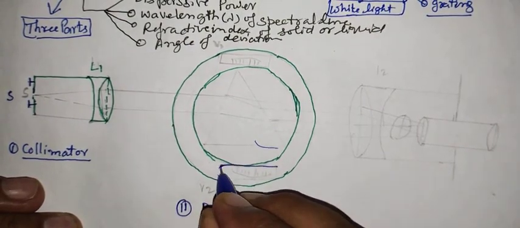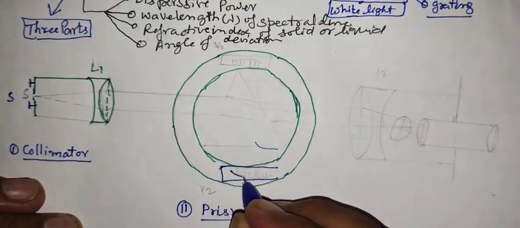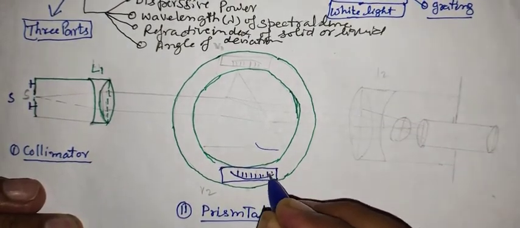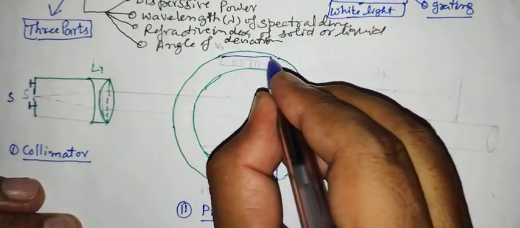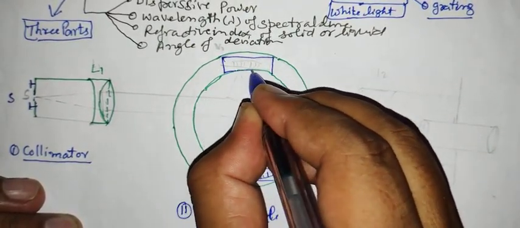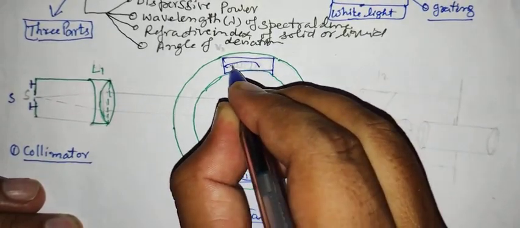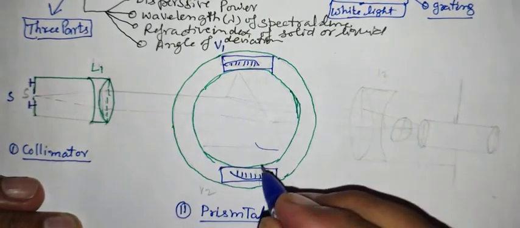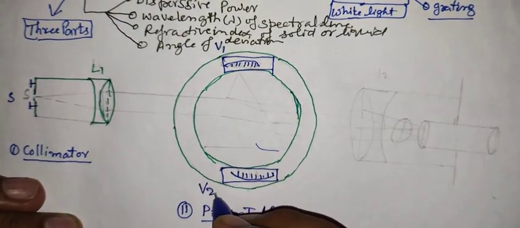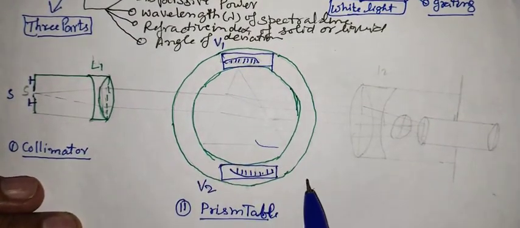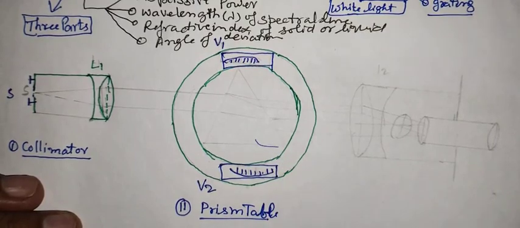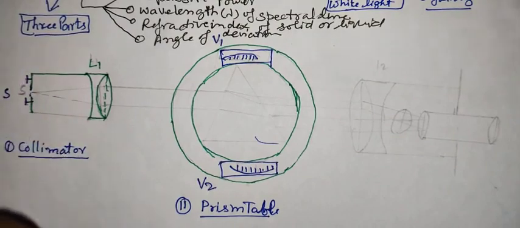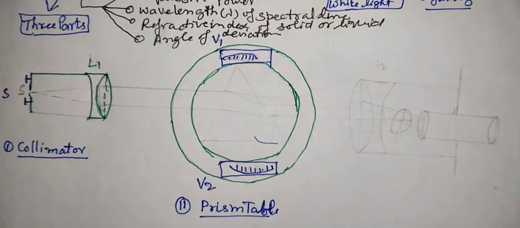It contains two vernier calipers here in it, like this. The second vernier caliper is here. It is used to note the angular rotation of the prism. The second part of the spectrometer is the prism table, and the third part is called